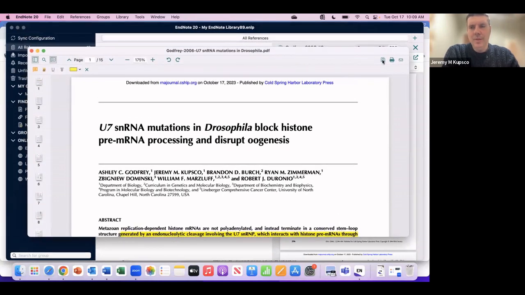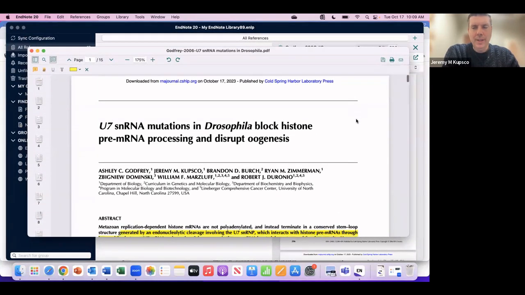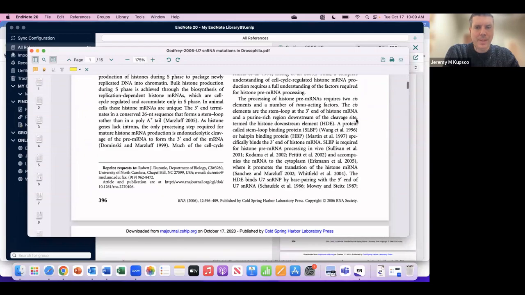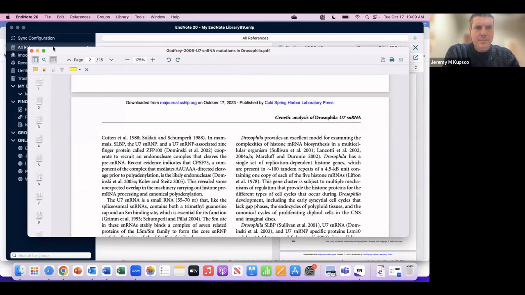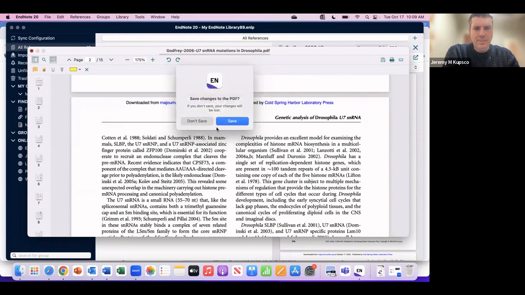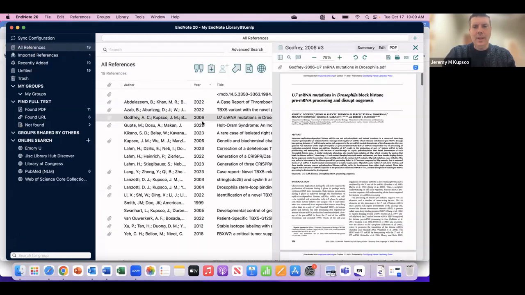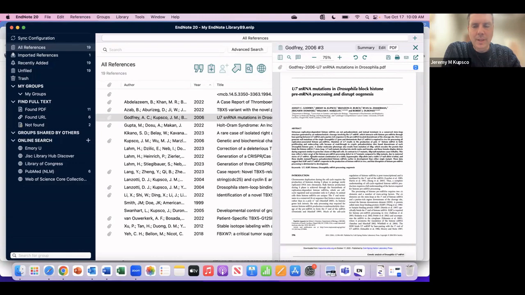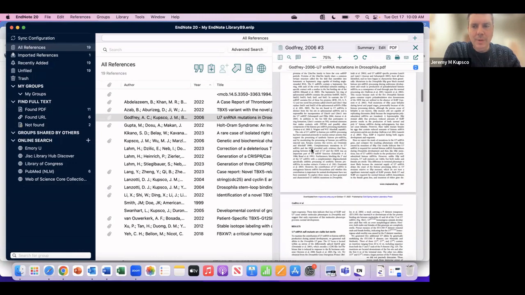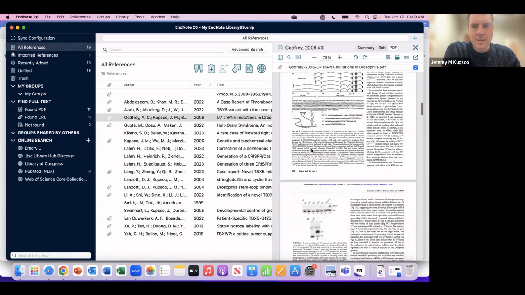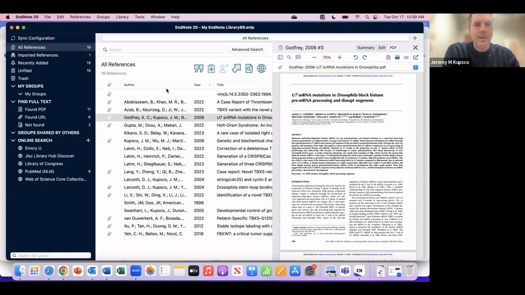You have the ability to save your PDF too, after you do all the annotation on it, to save all that work. I won't save it. But again, a great way to keep yourself organized, to keep all your PDFs in one location. And if you like to annotate and do everything digitally, that's a great way to keep all your annotations on your PDFs too.